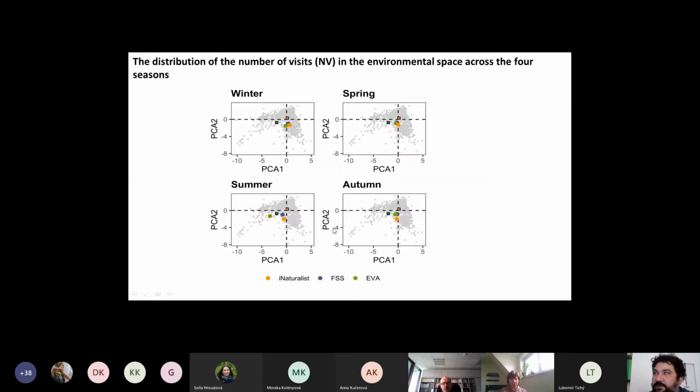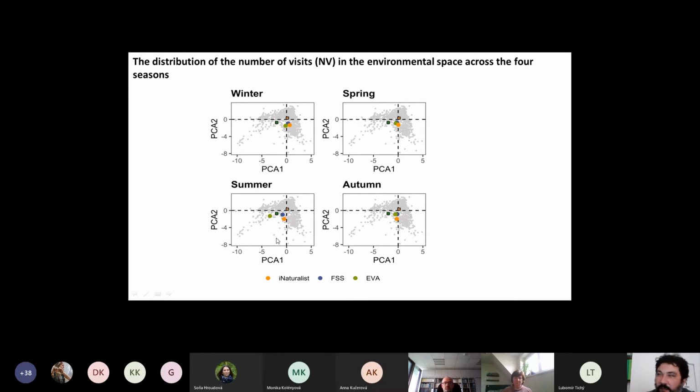So if you look also at the distribution of the visits by season, we saw the previous result confirms what I told, that in winter and spring there is no difference, but then in summer, as you see, Facebook group and professional botanists go to the upper part of the mountain, while in summer iNaturalists are more attracted by